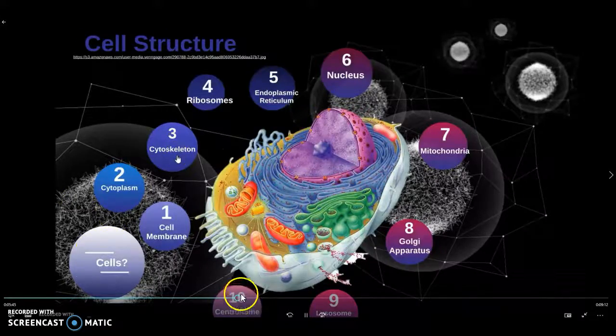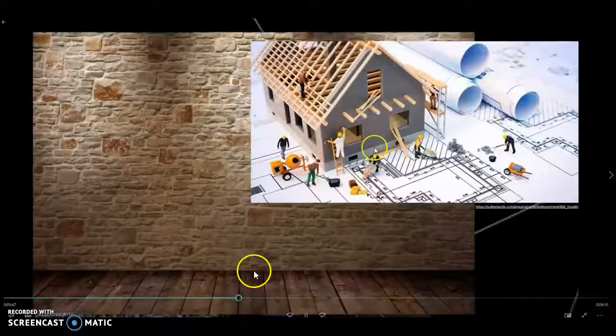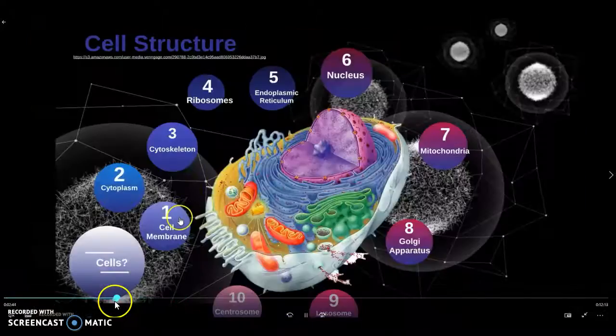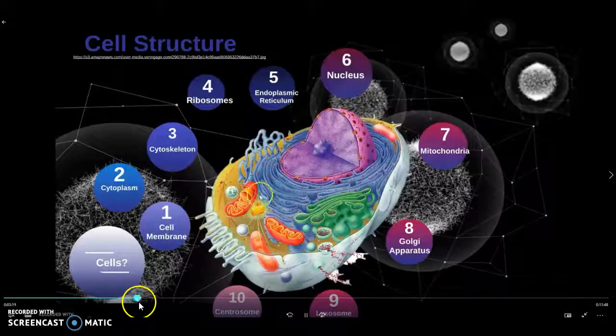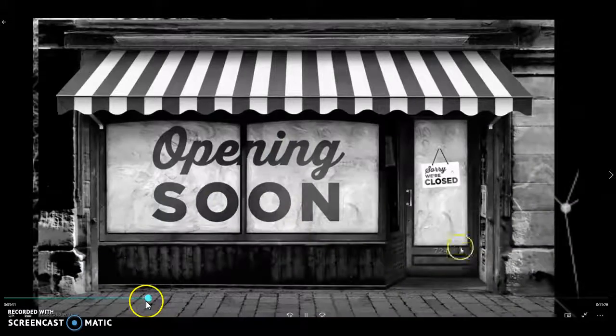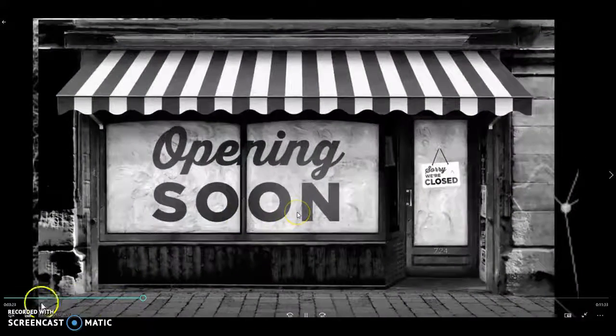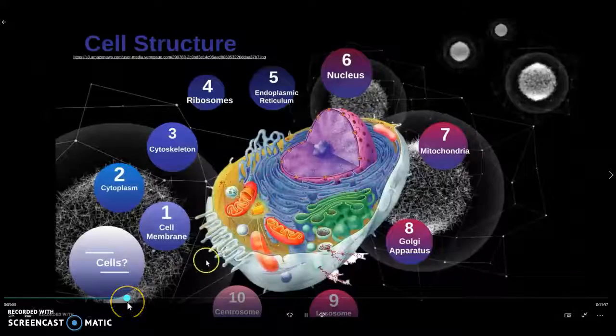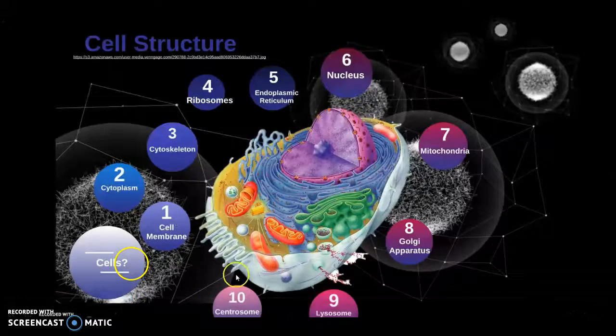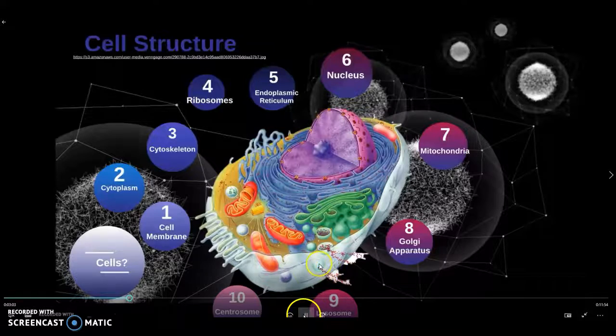And the only downfall with these Prezis is you will see you can move through, and then it zooms in on your bubbles. It saves in this timeline. Well, to do the screencast of the cell that I have, I had to actually